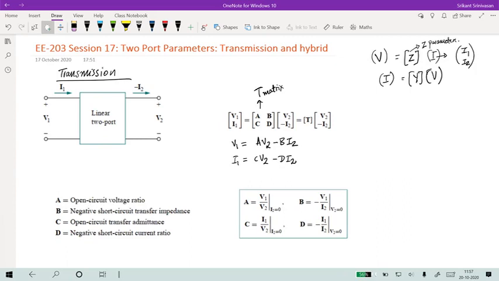Remember, we have encountered this in the past when we talked about the network functions. We used something called G12, which was the voltage transfer ratio, which told you what is the voltage at port 2 as a consequence of voltage at port 1. And you can see that this is equal to the inverse of A, because A is V1 divided by V2 according to our definition, voltage at port 1 divided by voltage at port 2. But the voltage transfer ratio is the term we used.